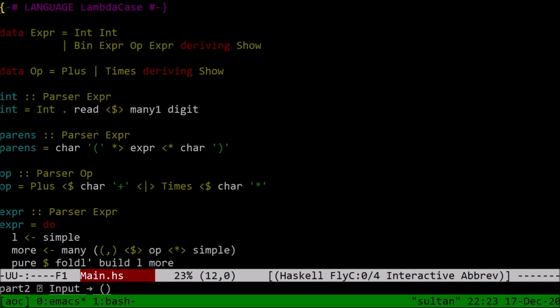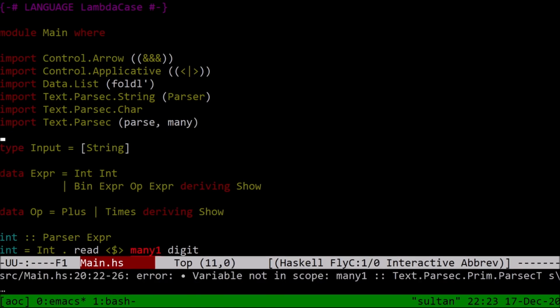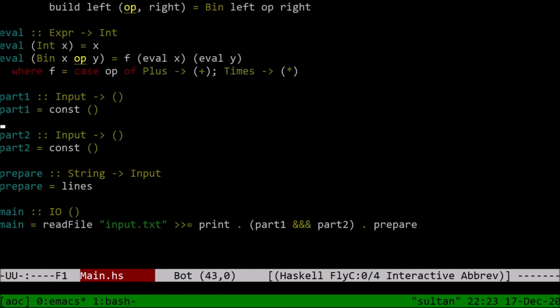And I think we are then about ready to write prepare and then parse 1. Turns out I don't need many 1 after all. I'm used to using many 1 instead of... Oh, I did need many 1. Parse is what's redundant. Well, we're about to use that. So prepare is map parse